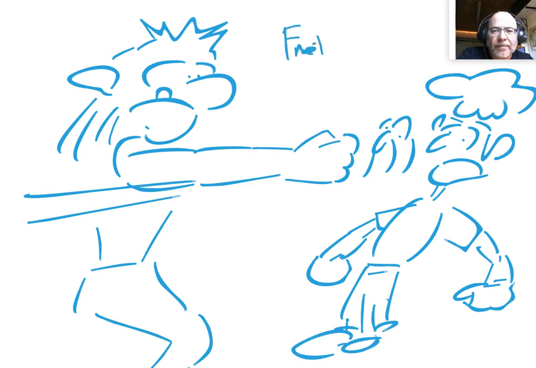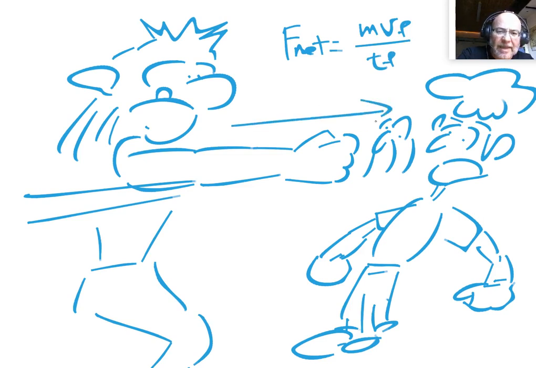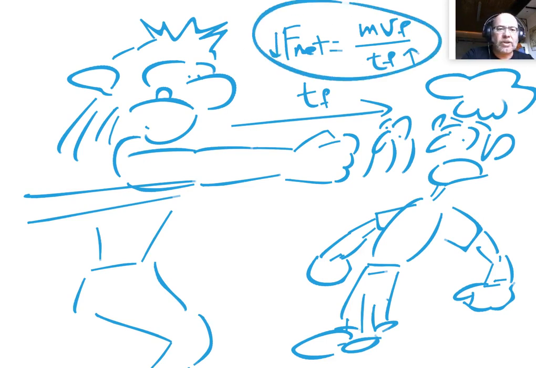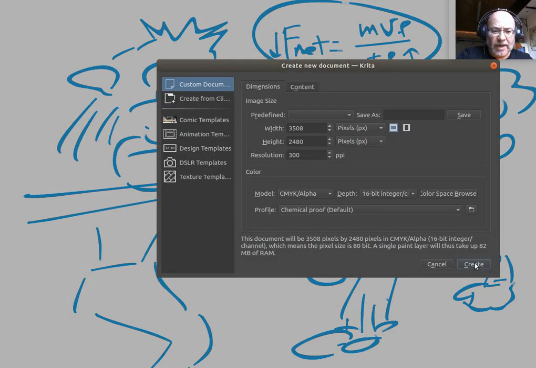F net equals mvf divided by t final, which is the t final now is the time it takes to hit Sir Isaac Newton. By increasing again the time, by pulling back, the net force goes down again and the punch is not that strong. Obviously, Sir Isaac Newton is not very happy with this punch, and quickly he reacts